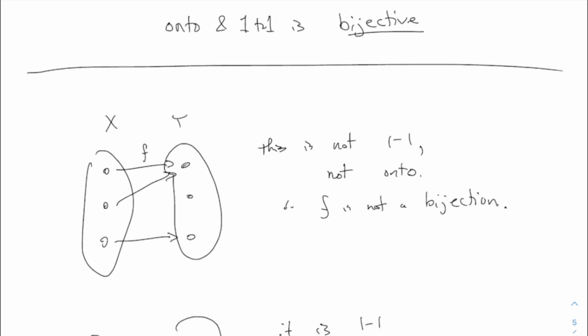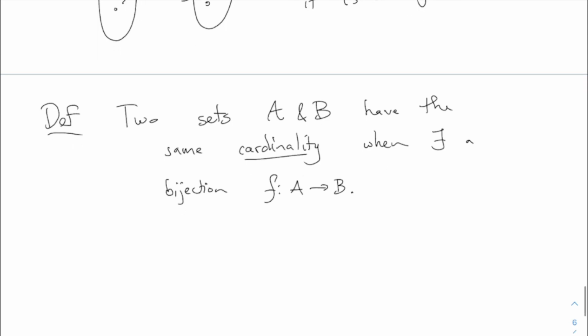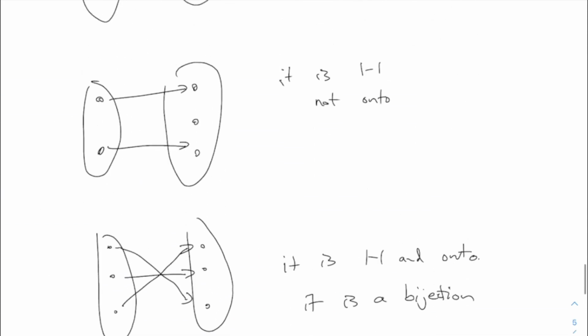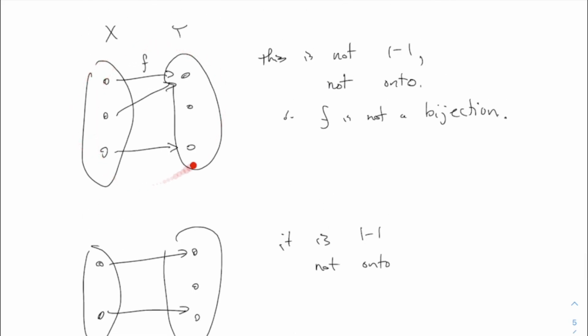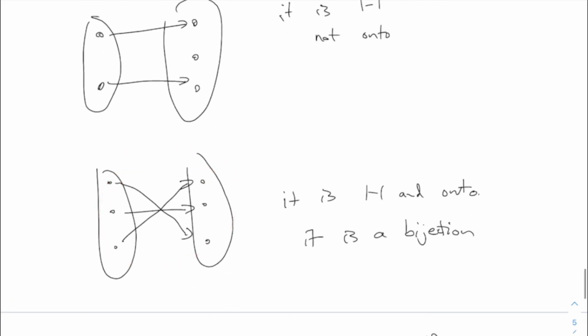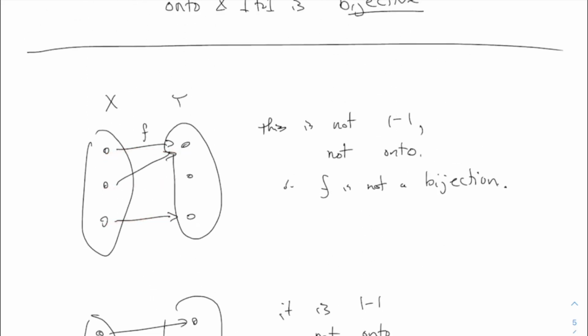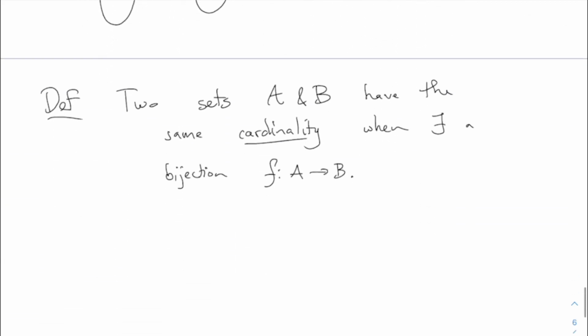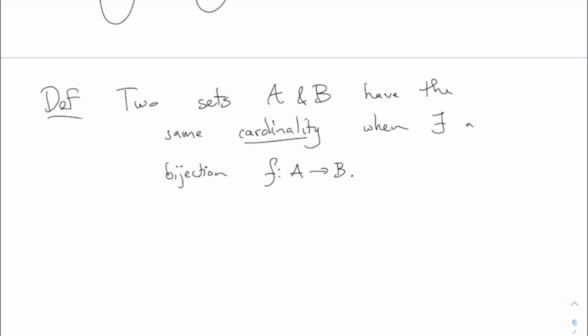Yeah, that's right. So the sets are the same size when there is a bijection. Now, in this example, this function that I wrote is not a bijection, but there is a bijection. It's just not the one that I wrote down. Actually, this one down here is a bijection. There are many others. You could just go, each point goes straight across. That is a bijection. So that one right there is not a bijection, but there is another bijection we could do.